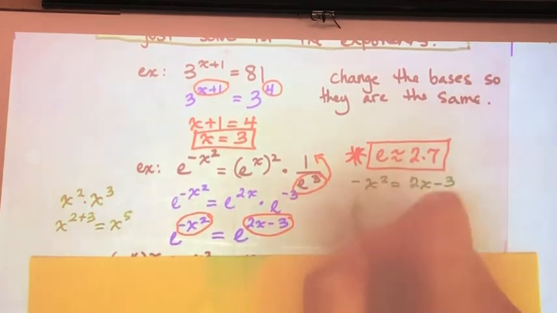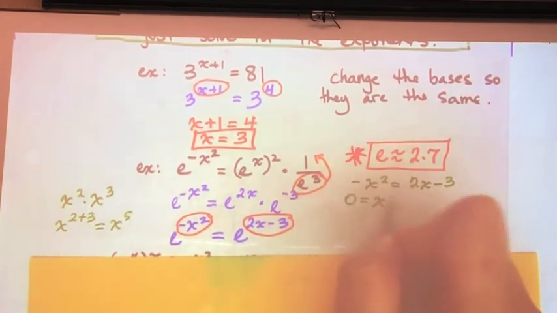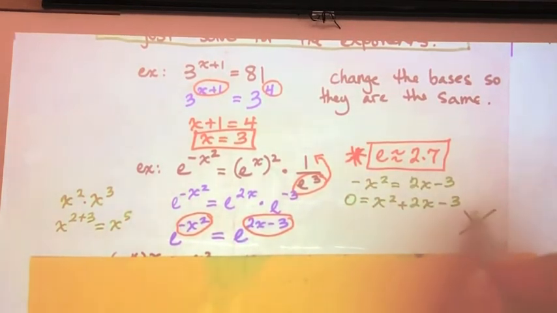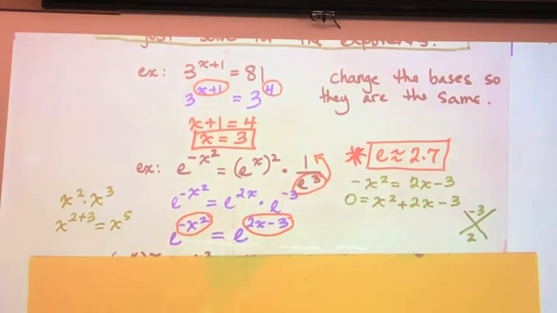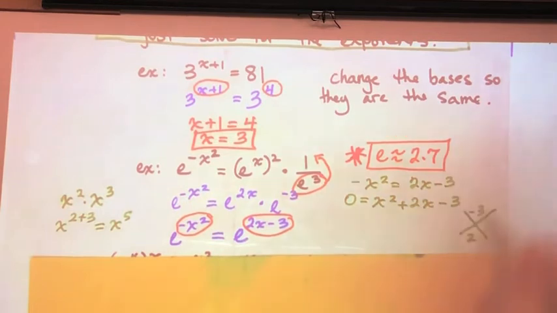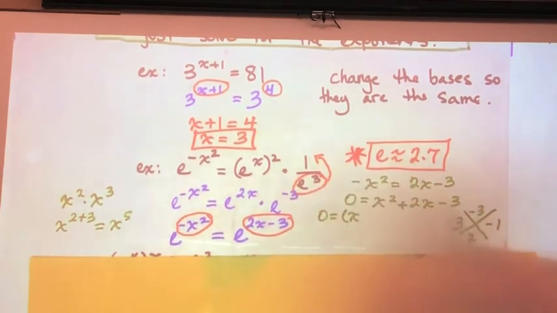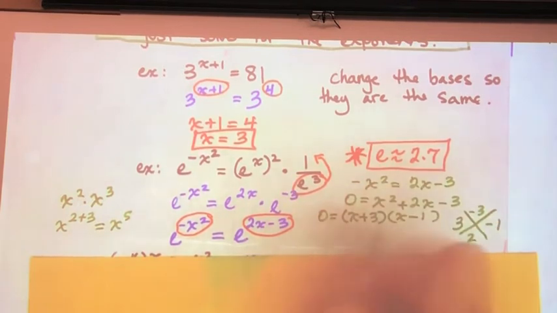I can move this to the other side. I get 0 is equal to x squared plus 2x minus 3. I can diamond problem that, right? I have negative 3 on top, 2 on the bottom. What 2 numbers multiplied together give you negative 3, but add up to 2? I can say 3 and negative 1. So I have 0 is equal to x plus 3, x minus 1,